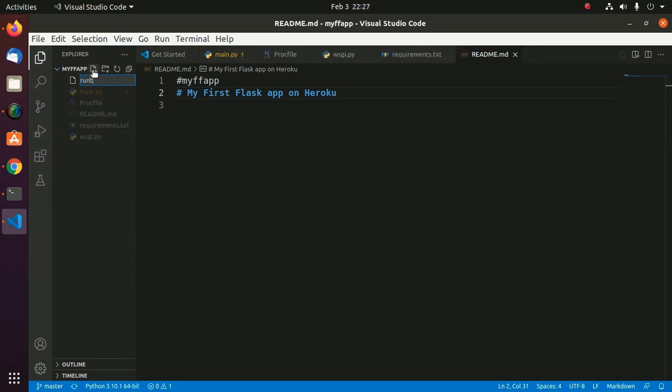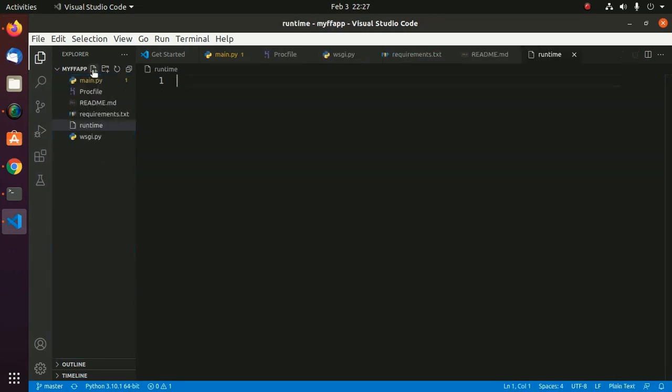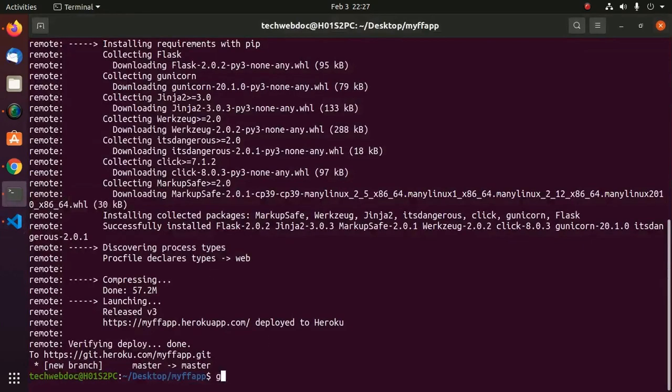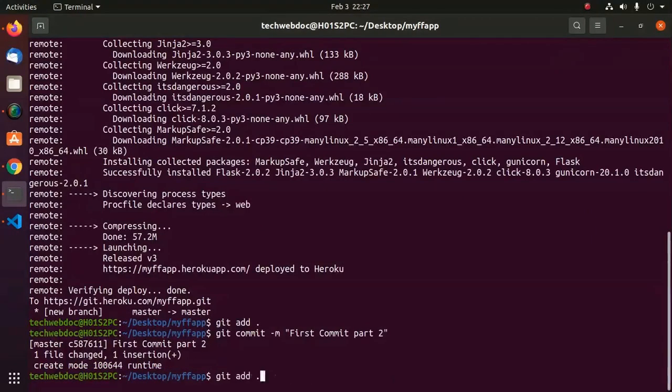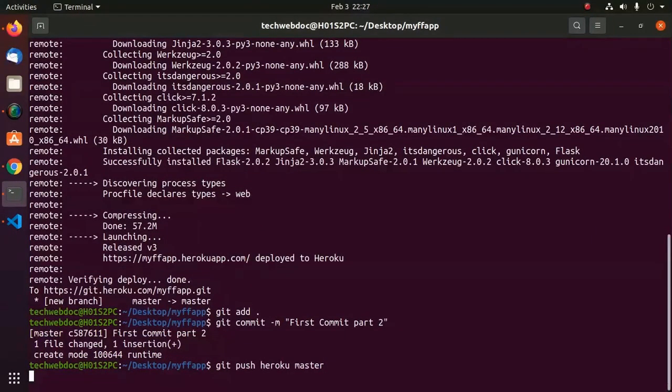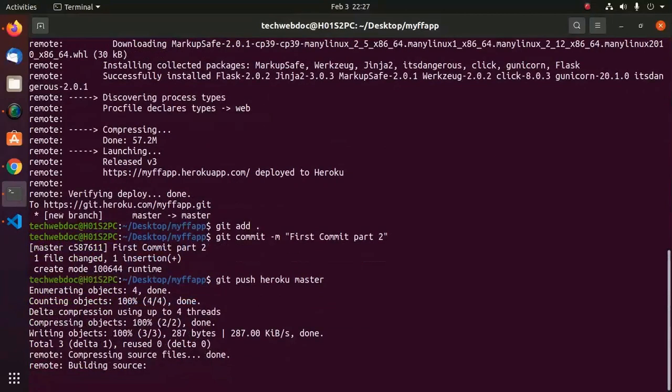runtime and add here python space 3.10.2 or Python specific version. Save this file and then commit again: git add space dot, hit enter, then git commit. Okay, now git push to heroku master. Okay,